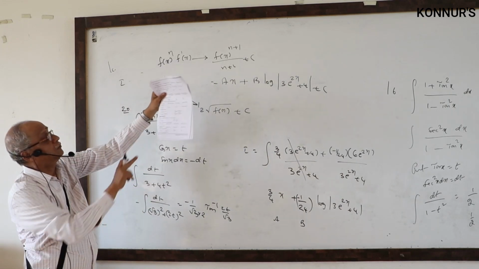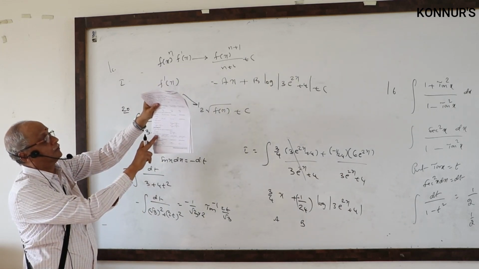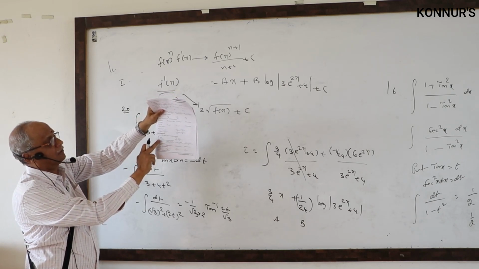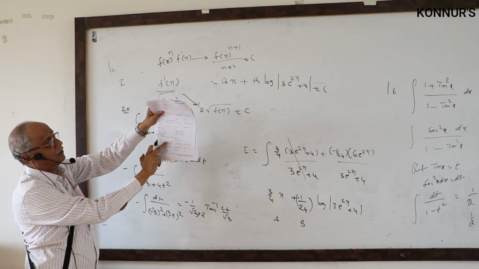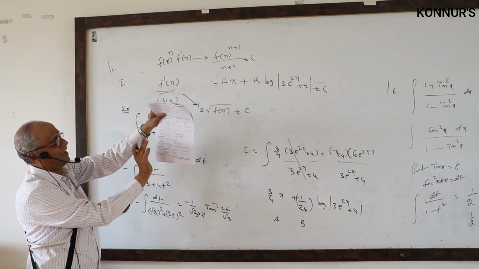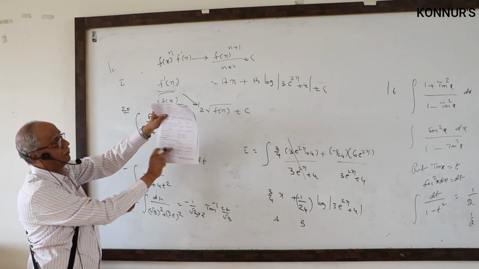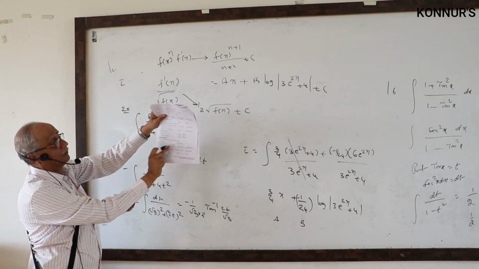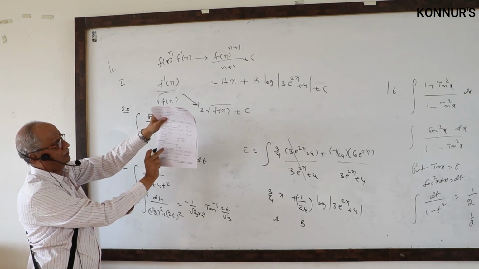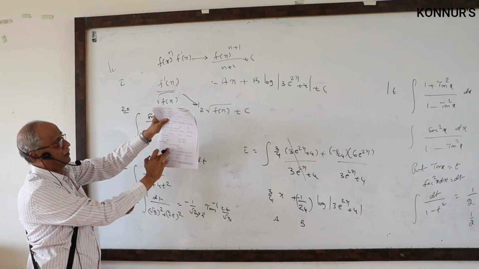This formula is useful in 22. Sin x minus cos x power 4, into sin plus cos. What is the derivative? Sin derivative, minus cos derivative is here only. f(x) power n, therefore n value 4. Then what is the answer? Sin x minus cos x whole power 5 by 5. You need not do any solution. You know the result, 5 by 5 is the answer.